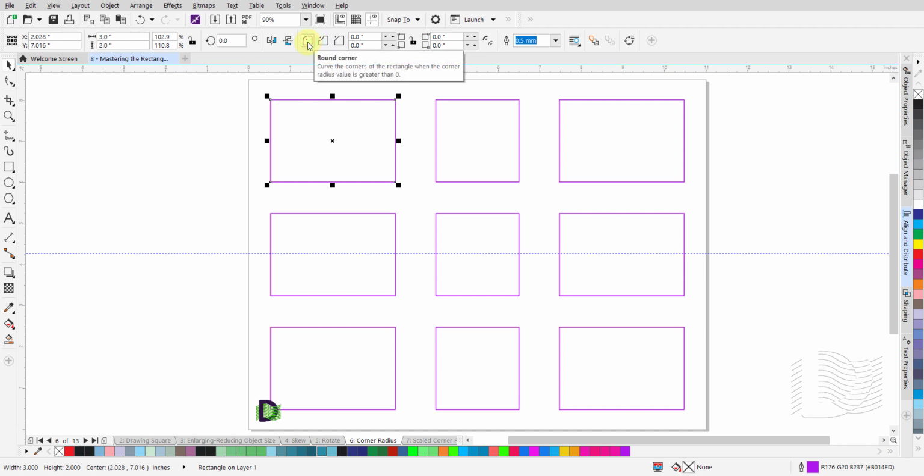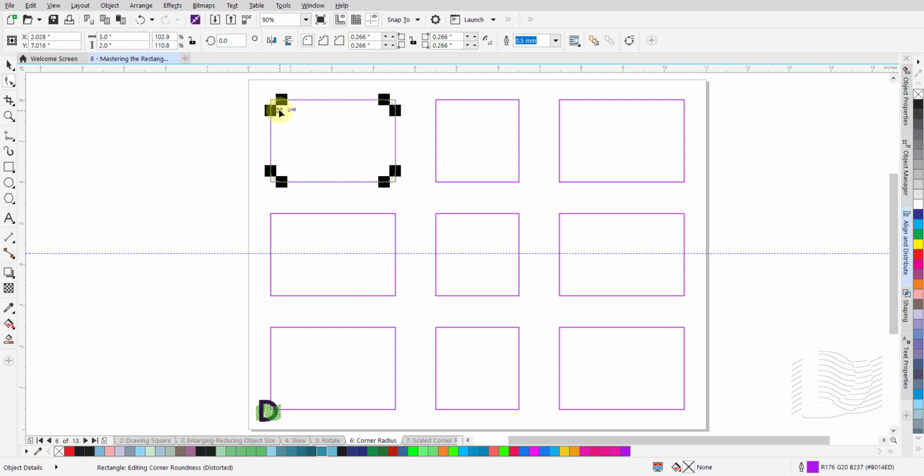With the object still selected, click and select the Shape tool. You will see the outline of this object change from a solid line to a dash line. And you will see a black square on each of the four corners of the object. With the Shape tool, left-click and hold on one of these squares and drag it diagonally inwards towards the center point of the object or along one of the two sides that form this corner.